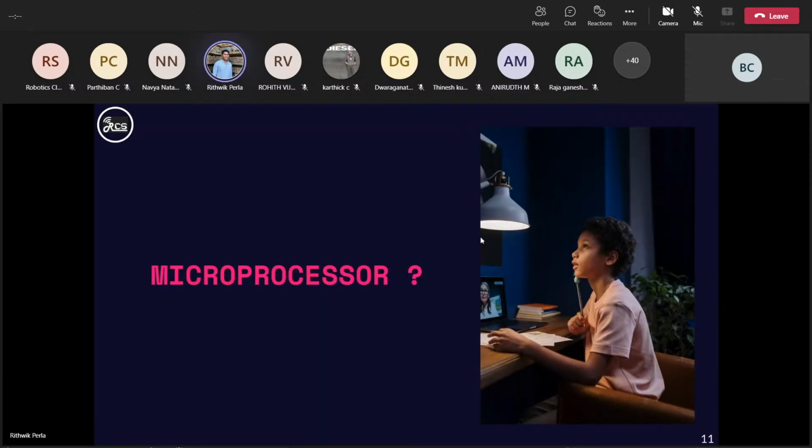What is a microprocessor? At least what is the use of the microprocessor in your gadgets? You can type in the chat box. Answer. Okay. Is central processing unit and microprocessor the same? Okay, execute the different rules. Yeah, close. Anyone else want to improve Avantika's answer? Carry out different functionalities. Okay.